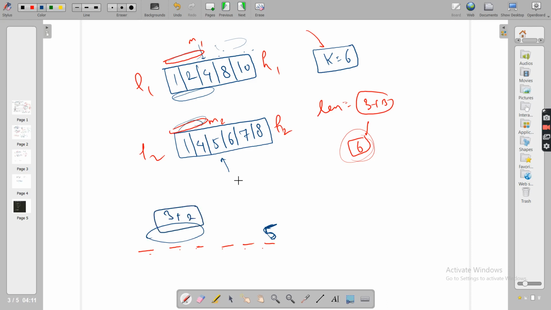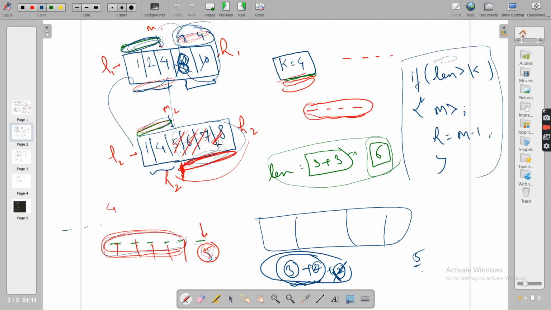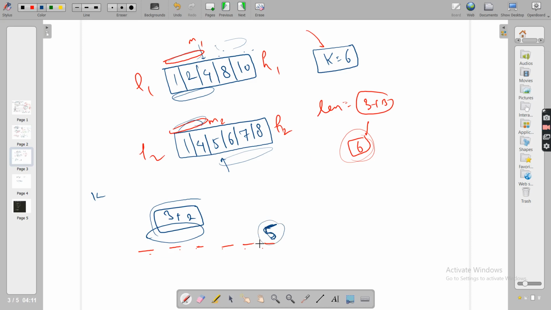Now see guys, earlier we were sure, so why did we remove 5 onwards, all the elements? Because we were sure that this 5 will never come in the first k elements. Here if you see, this 5 will never come in the first 4 elements, because before this 5 we were already having 5 elements. Now before this 5 we are sure we have 5 elements, but can you remove 5 onwards all the elements? Can you remove this subarray, guys? I'm saying no, you cannot. Why? Because this 5 still has the potential to come at the 6th position.